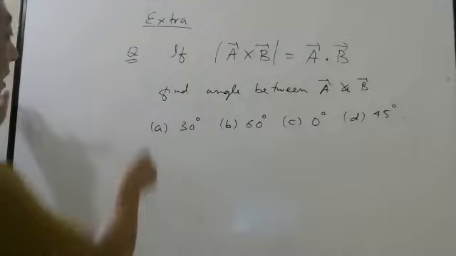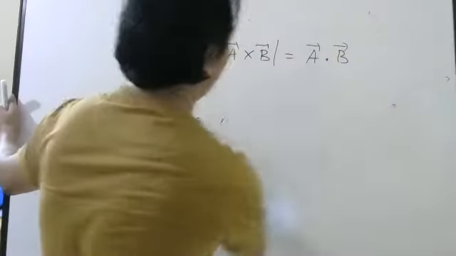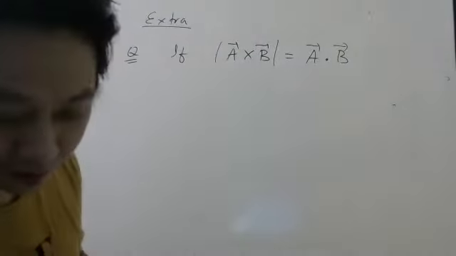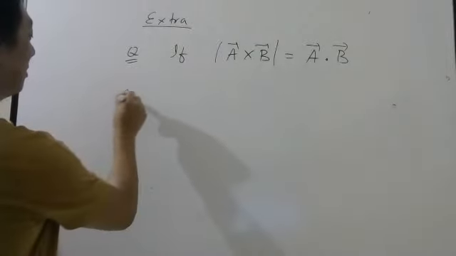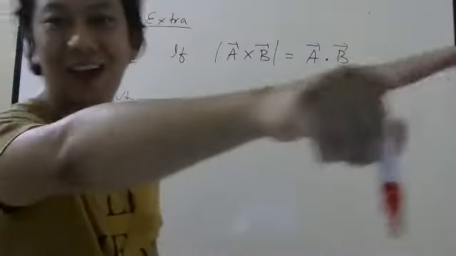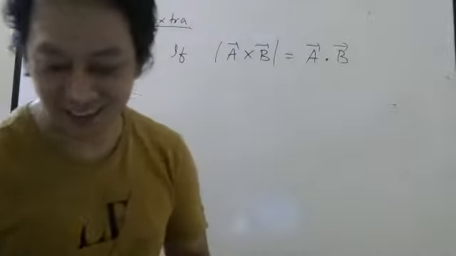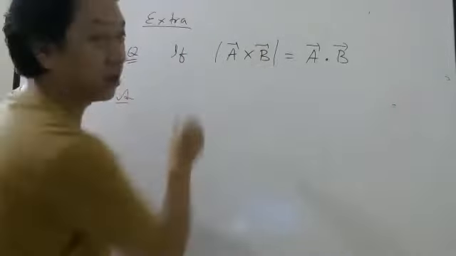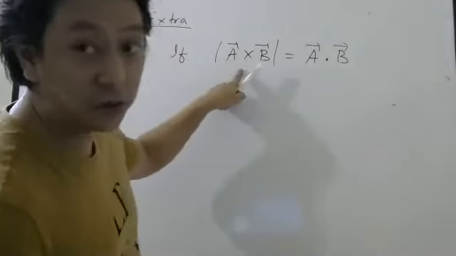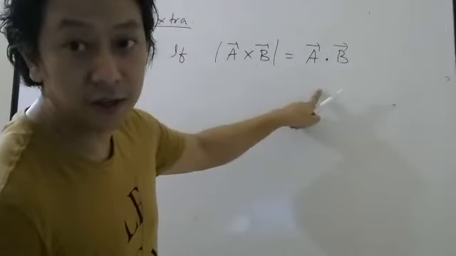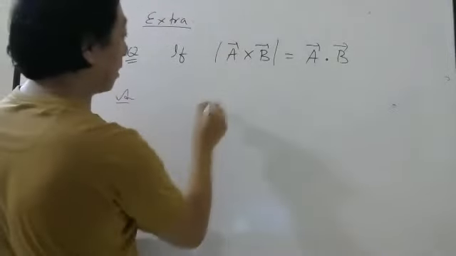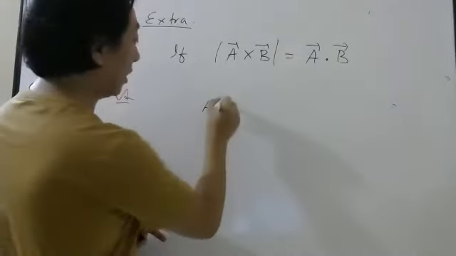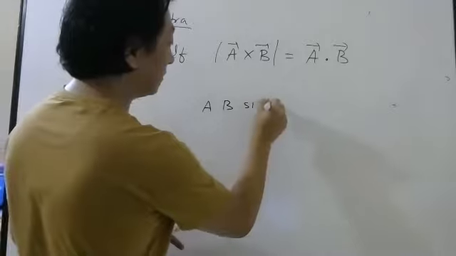So none of you are actually trying to solve. You are just sitting wherever you are sitting and trying to answer casually. Hey, I like that option. You have to try to solve. What is the definition of cross product? A bar cross B bar is A B sine theta n cap. But I told you the magnitude is equal. So what is the magnitude of A bar cross B bar? Just now I wrote A B sine theta.